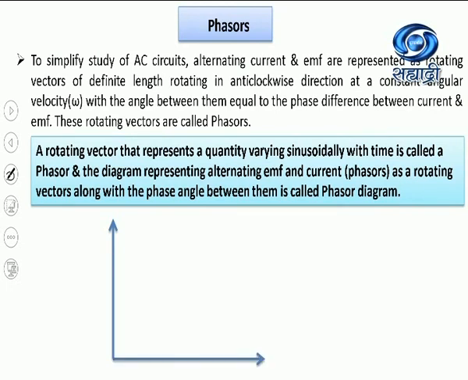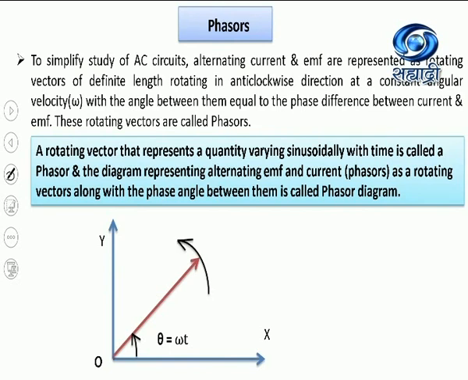help of the phasors. So here we have drawn two axes, x axis and y axis, and the quantity which you are going to represent as a phasor, it can be either current or EMF, that we are showing with the help of an arrowhead. Only one thing you will have to keep in mind, that the length of the vector represents the peak value of that quantity, and this phasor makes the angle, say theta, with the horizontal.